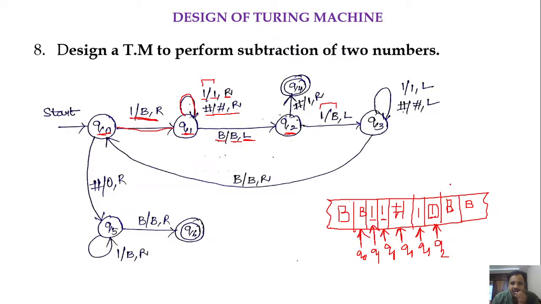left. So as I already explained the logic, after marking the first one with a blank, we keep on moving the head towards right until we get a blank. After getting a blank, if we move the head towards left, we will get the last symbol in n, that is nothing but the last one in n, which we are marking as a blank. So in q2 if we get 1, we replace that 1 with a blank and move the head towards left, and also move from state q2 to q3.